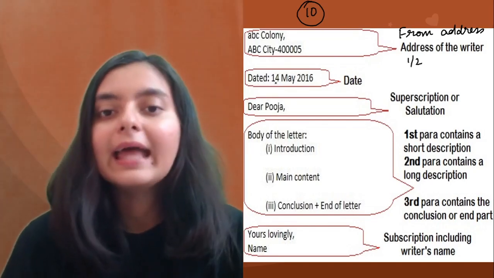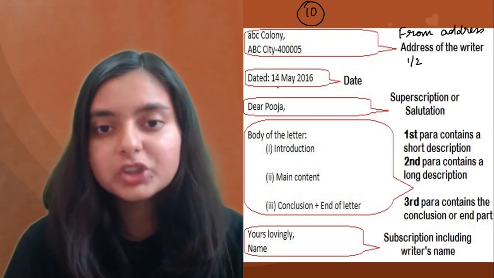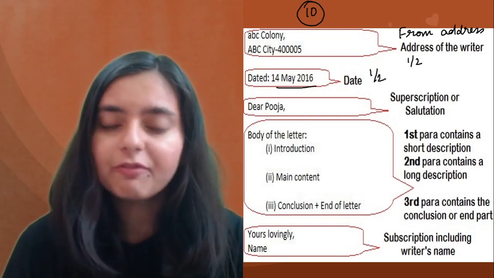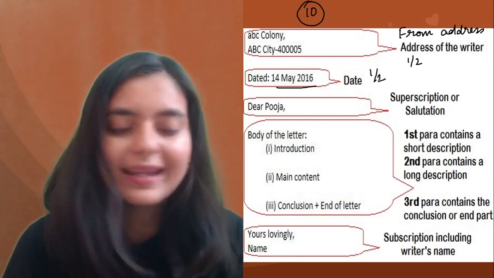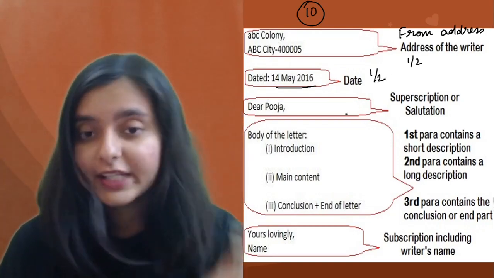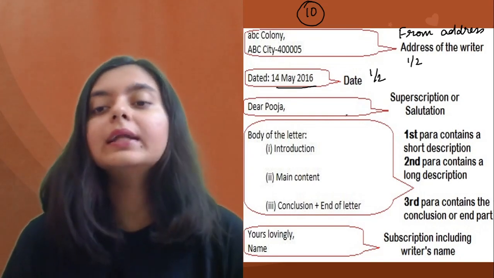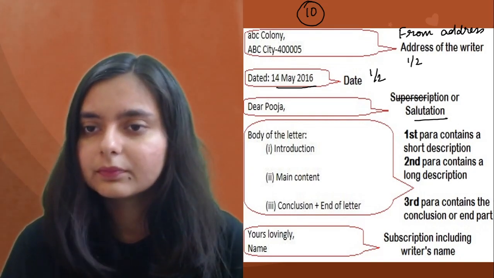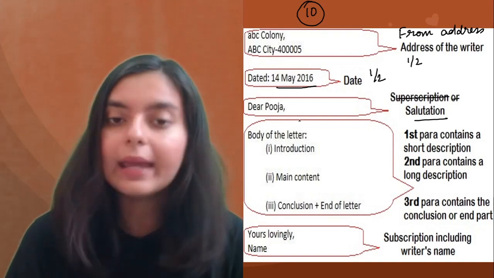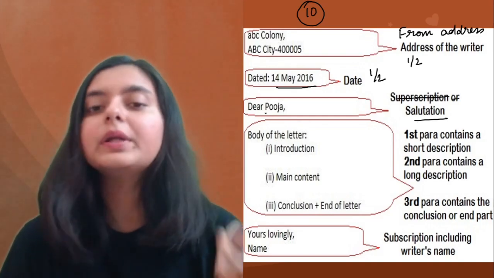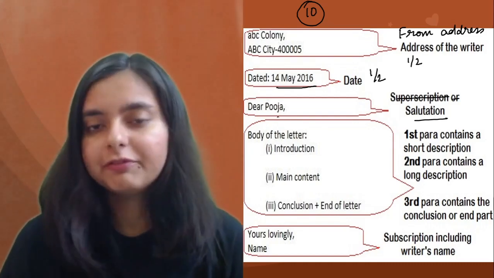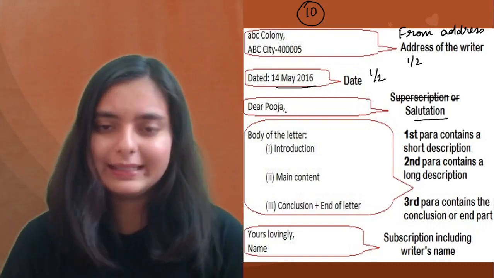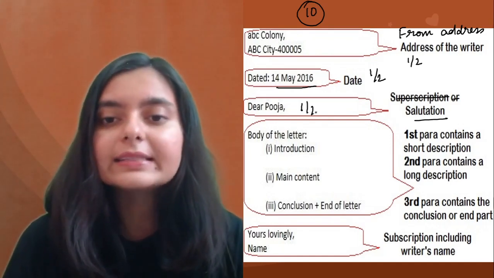All right. This is the date, guys. Now the date should be written in an extended form in this way. Okay, this also carries half a mark if I'm not mistaken. Yes, the date carries half a mark. Then the salutation. Okay, this is the salutation. Now the salutation, as I told you, is "Dear Pooja" if it is your friend, or "Dear Uncle" if it is your family, whatever it is, right? So this also carries half a mark.